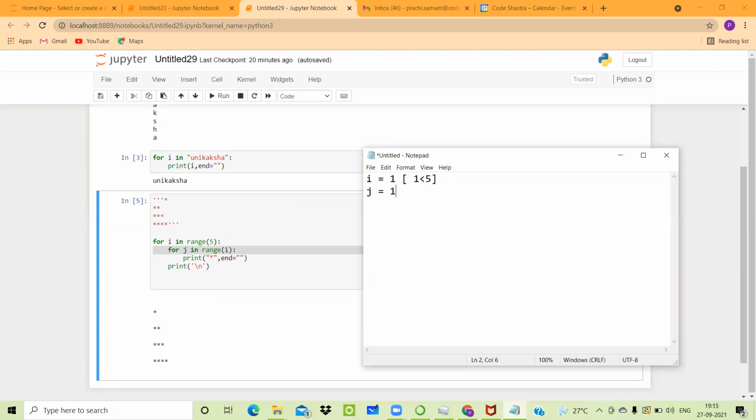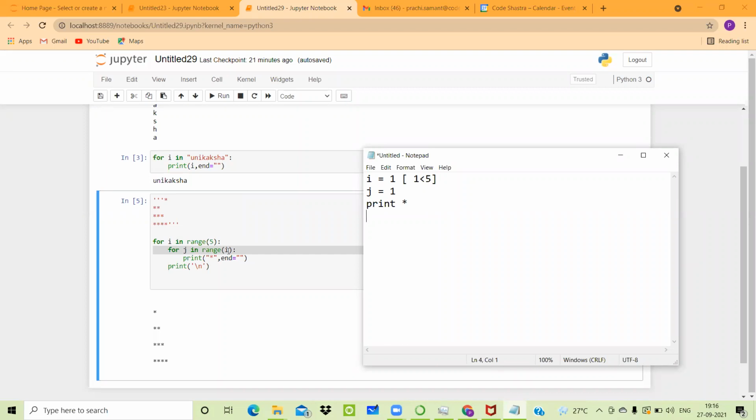So this time the value of i is also 1, the value of j is also 1, and as the condition holds in this case, it will print that star. So the first star will be printed on the screen.